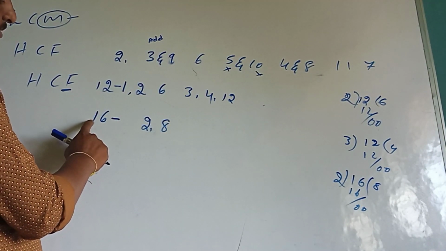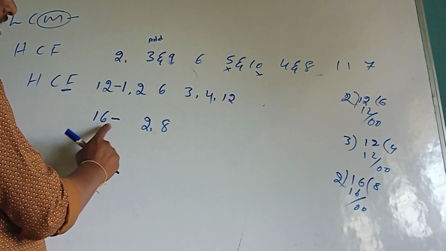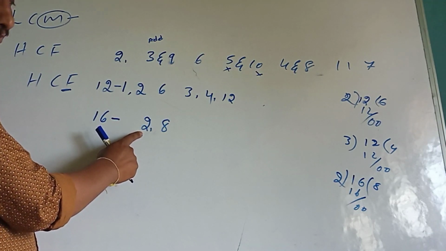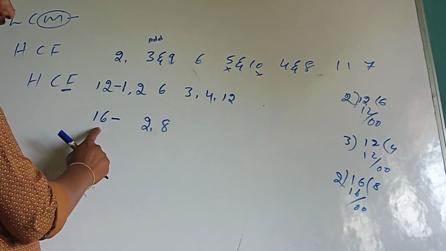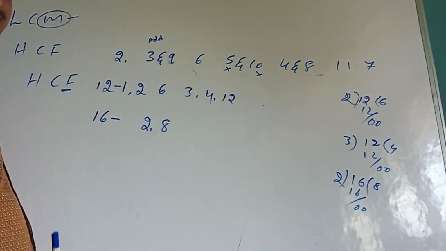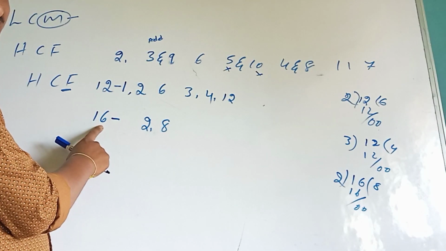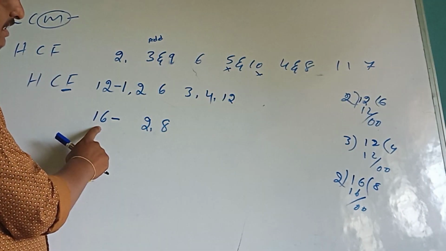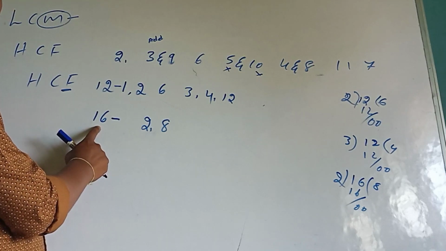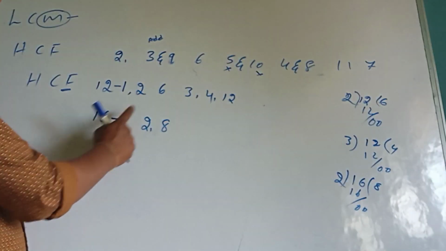And 1 plus 6, for 16, it is divided by only 2, not 3. So that is the reason it is not divided by 6. So don't divide it. And for 5, if there is 0 or 5 in the ones place, then only it is divided. So it can't divide. And also there is no 0, so that is the reason it is not divided by 10.